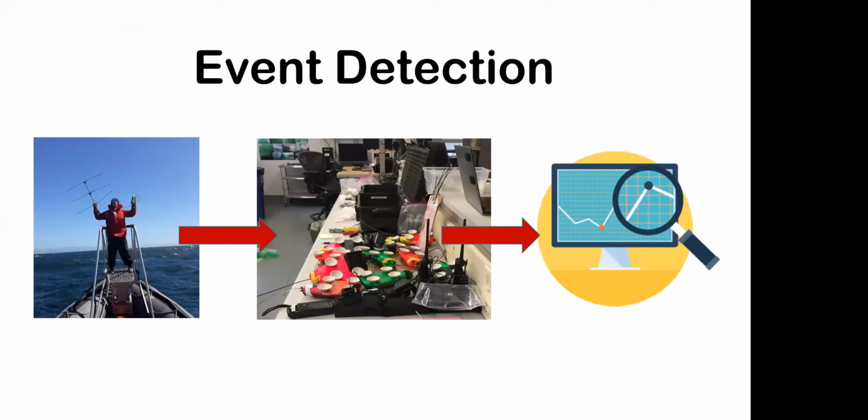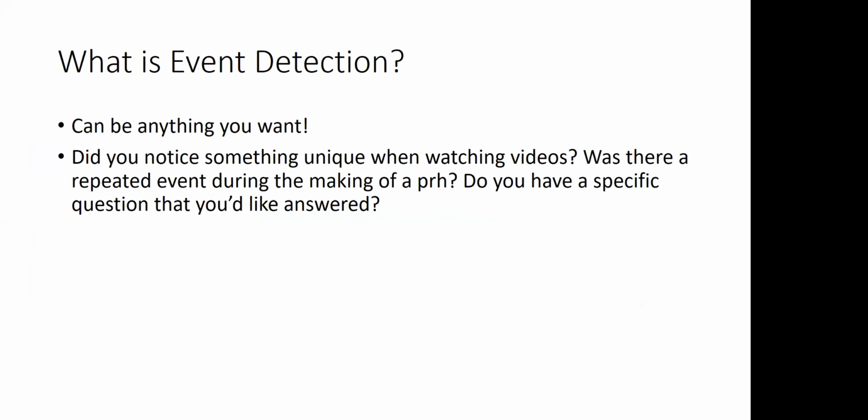And so what I'm going to talk a little bit about today is how to get from the picture on the ocean to the far right side. Event detection can just be anything you want. If you know something about your species and you think it would be identifiable in the tag data, that's an event detection. Do you notice something unique when you watch the videos first? Are you going to look for that in your tag data? That can be an event detection. Did you tag your animal for any specific purpose? That's also event detection. So basically, the PRH can help you identify those events if they have a kinematic signature,